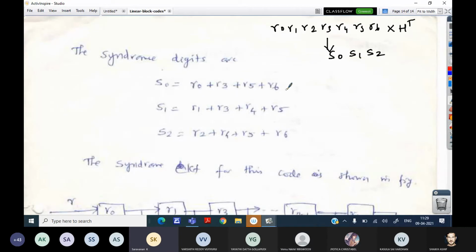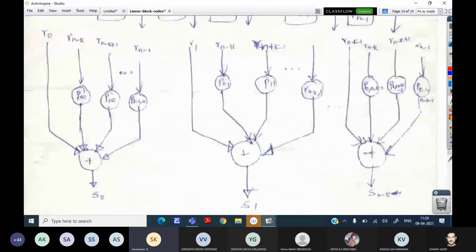Yes, sir. Okay, you got this value S0, S1, S2 in terms of R0. Now for this I am going to use a modulo adder, so I am going to do only XOR operation. By doing XOR operation I get the S0 value, and similarly S1, S2. Because I am going to generate S0, S1, S2, I need 3 modulo adders. Before that I have to store this 7-bit received vector, so I need 7 flip-flops, or a shift register again. So this is my general circuit.